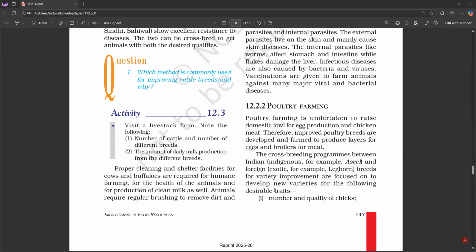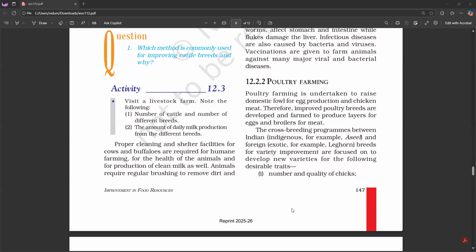12.2.2 Poultry farming. Poultry farming is undertaken to raise domestic fowl for egg production and chicken meat. Therefore, improved poultry breeds are developed and farmed to produce layers for eggs and broilers for meat. The crossbreeding programs between Indian indigenous, for example, Asil, and foreign exotic, for example, Leghorn, breeds for variety improvement are